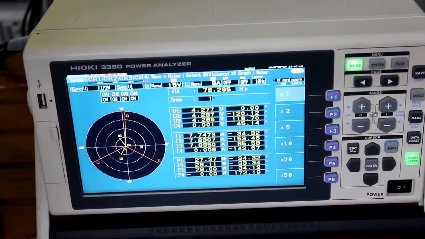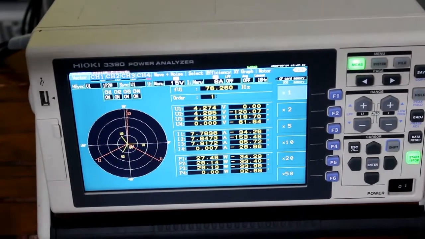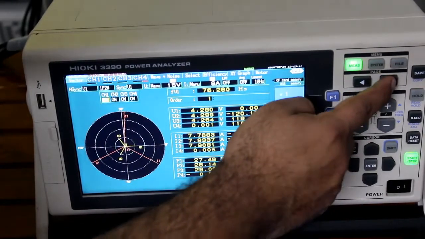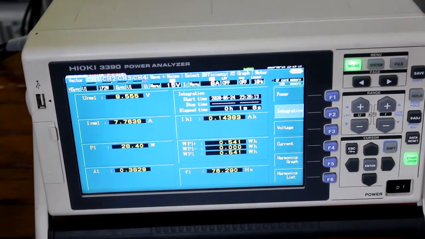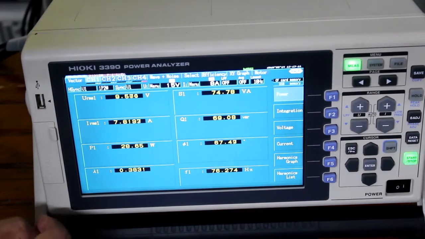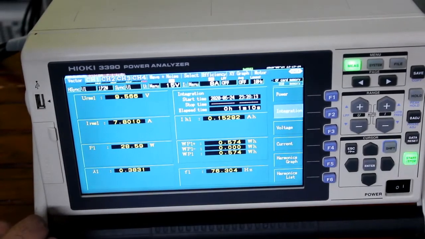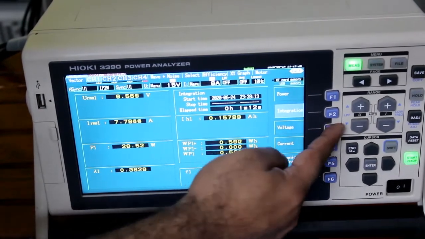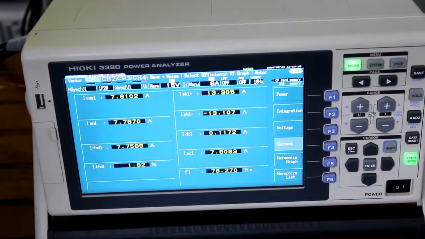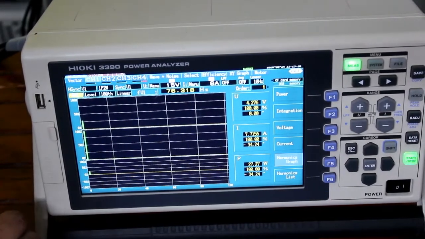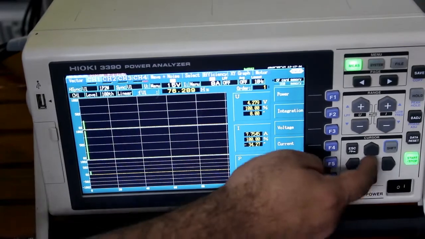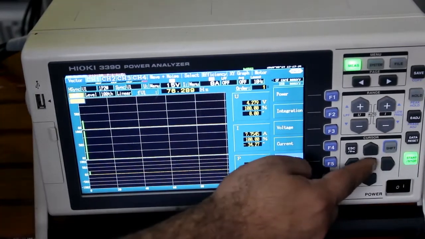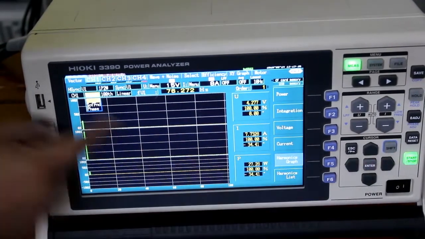Like that you can see the vectors, right? Then phase 1 parameters, power, integration, voltage, current, harmonic graph.